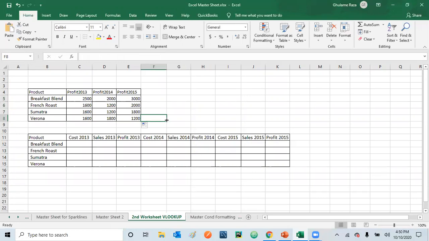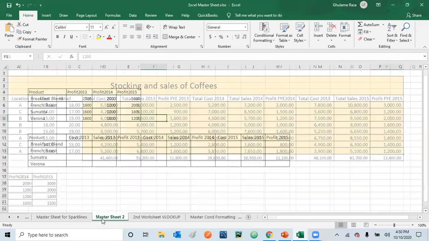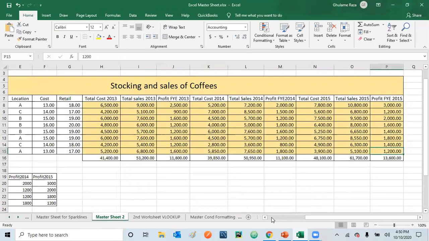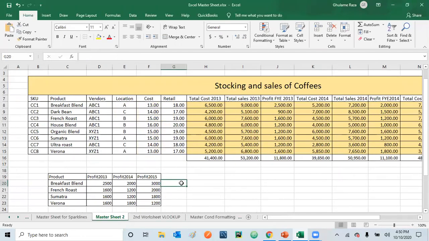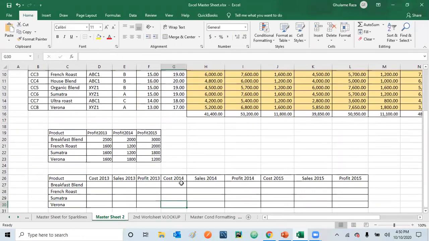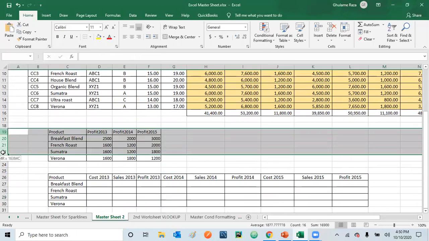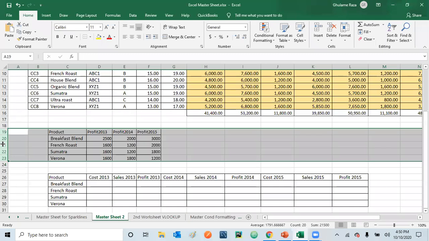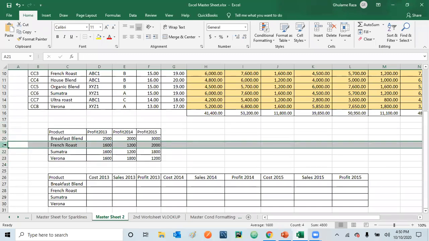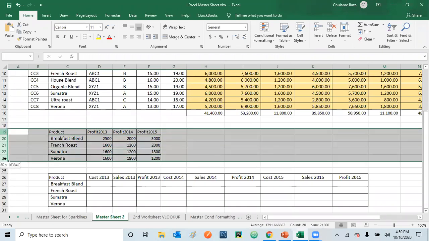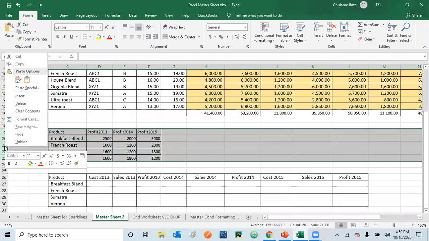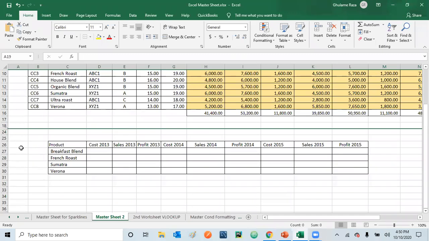So now we have learned how to work with single column VLOOKUP. Now let's work on the multiple columns VLOOKUP. If we want to work with the multiple column VLOOKUP, let me hide this table so that we can see both the tables together. Okay.